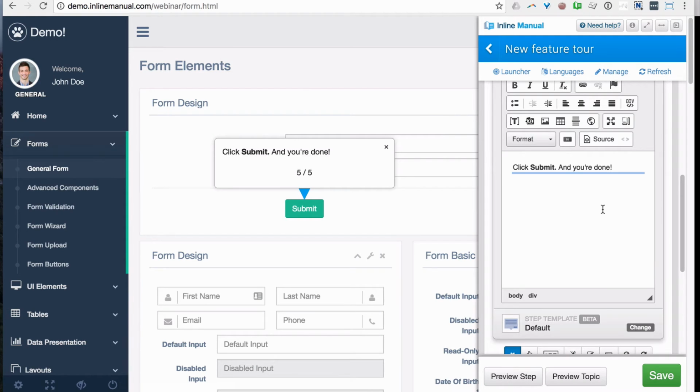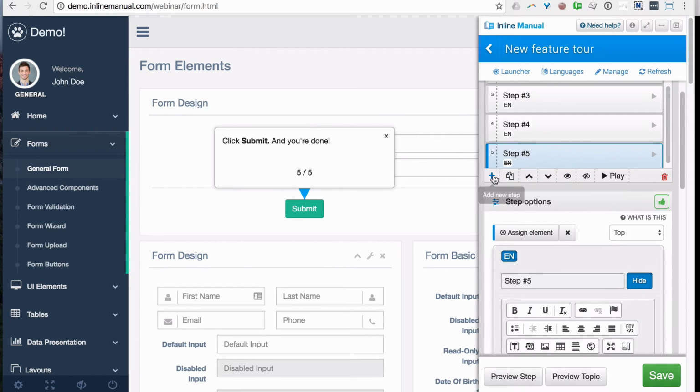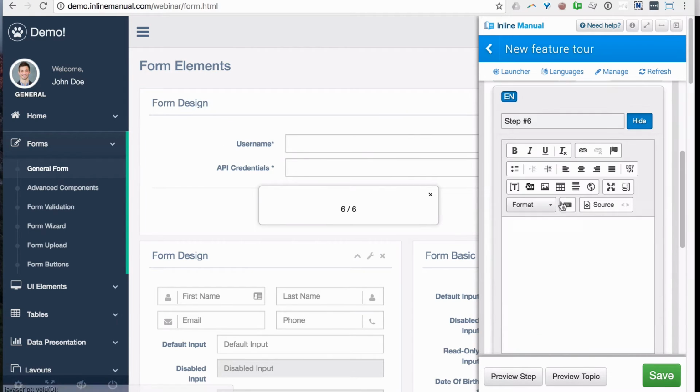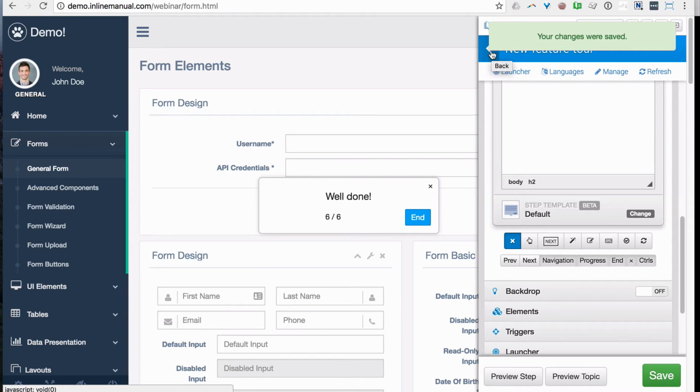Okay. So now we will add our final step, which is the congrats screen here. And we can end it. They can actually end it with this end button. This is, again, another thing you'll be able to customize, and you can change the text there, for example. All right, so now we have a new feature tour